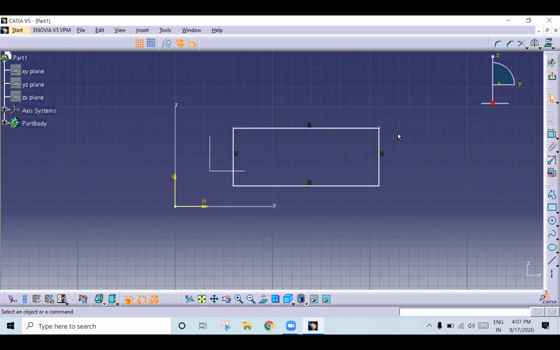And geometrical constraint is nothing but constraining the elements by giving geometrical relations between two geometries. So which are the geometrical relations? Concentricity, symmetry, parallel, vertical, horizontal, tangency. So these are all geometrical relations. By giving those relations, we can constrain the elements. Okay. So I will tell you how to do all those things.